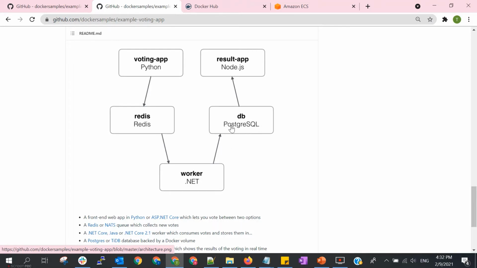The DB is using Postgres, and from the DB it will be sent to the result app, so we can access this page to see the result of whether people are choosing cat or dog. It's based on Node.js. We can see all this code in GitHub, but Redis and DB are existing technologies, and we can find the images in Docker Hub.